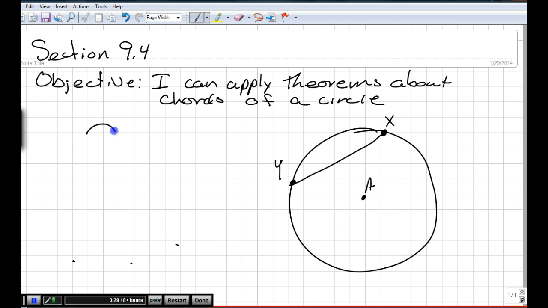We have arc YX, which is a minor arc, and we have arc XZY, which is a major arc. Okay. So those are both arcs of chord XY. Okay. And so our first theorem today